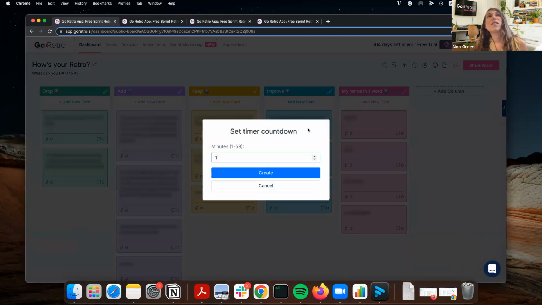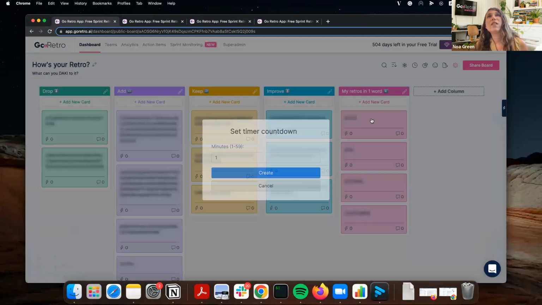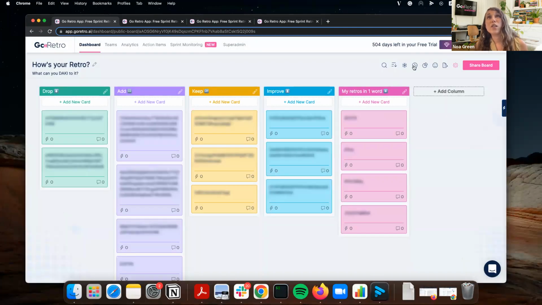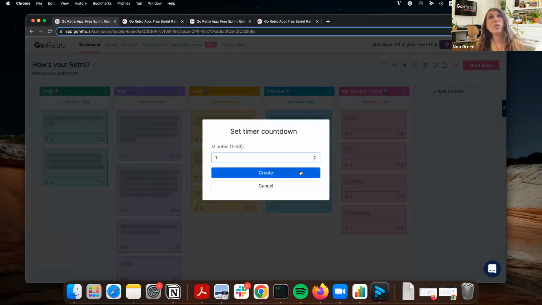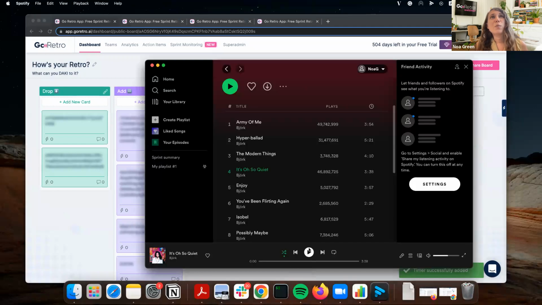So let's start the timer. Sorry, if you haven't seen that, you're not familiar with that. This is where we have our timer. And I'm going to give you just 1 minute. Hope that will be enough for you. And let's see where my Spotify